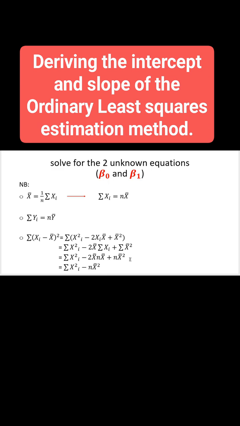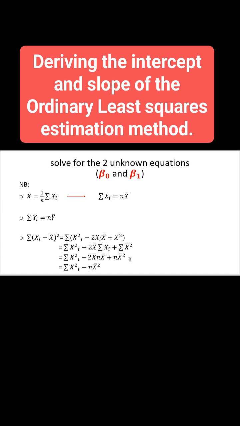And then our third thing to note is that sigma (xi minus x bar) all squared is equal to sigma x squared i minus 2 xi x bar plus x bar squared, right? So just multiply the whole thing by opening brackets, and then you multiply by your sigma, and then you get your equation 2, and then you substitute sigma xi by n x bar, and then you get your equation 3, and then you would want to take the sums, collect the same sums, and then you would be having your final equation, which